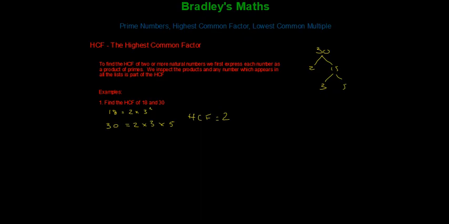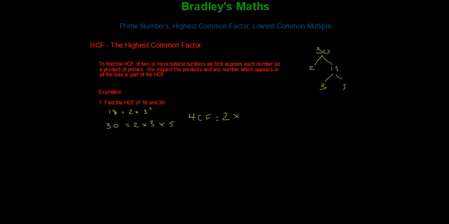We have a 3 squared here and a 3 here. 3 squared is not common, but 3 is, because 3 squared is 3 times 3. So we have a 3 here and a 3 in here, and we put one of those in like this,